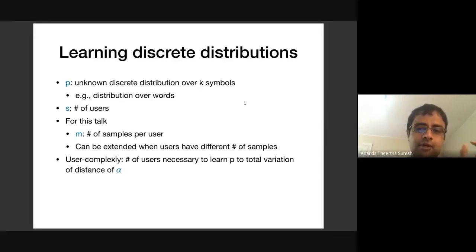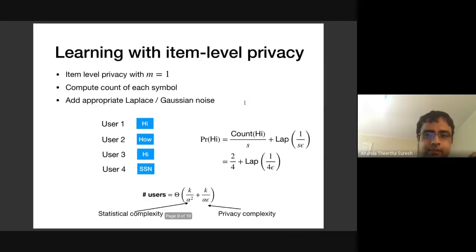So the total number of words we have is S times M. The goal is to learn this unknown distribution P to a total variation distance of alpha. And we want to understand how many users we need to learn this with user-level privacy with some parameters epsilon and delta.